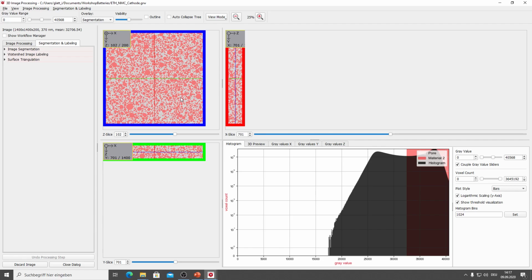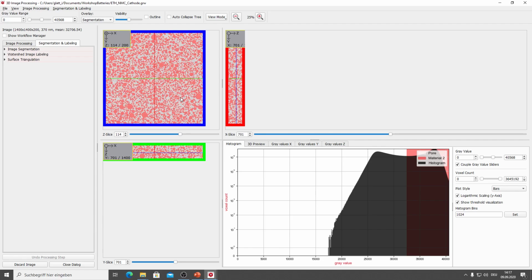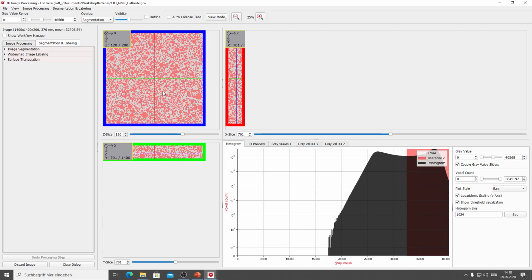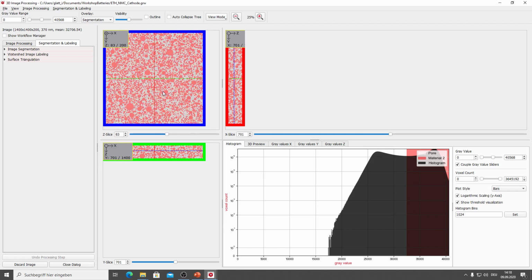You can scroll by turning the mouse wheel through the scan in each direction. So here in the ZY plane you can see the XY plane moving. Just have a look at this blue line here. If I go through the scan in XY plane, you can see the blue line moving from right to left, and you can see just where we are at the moment. The same is true here, by the way.